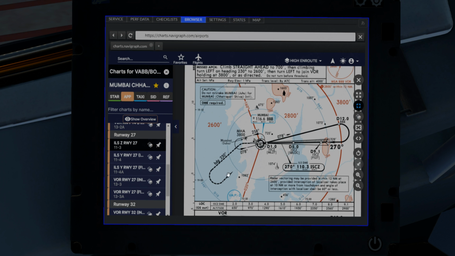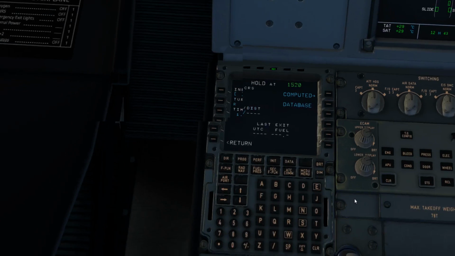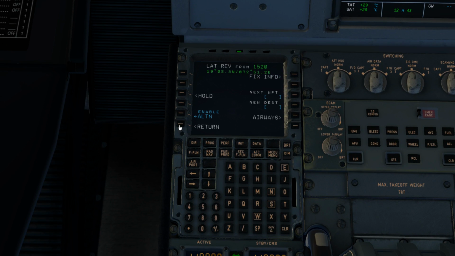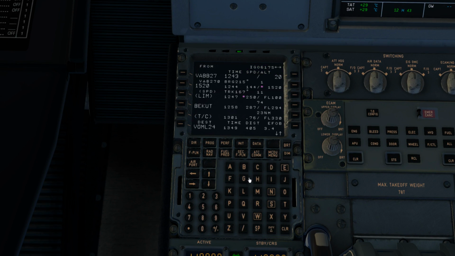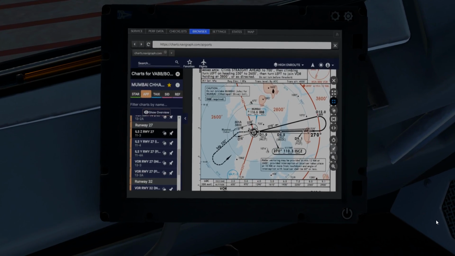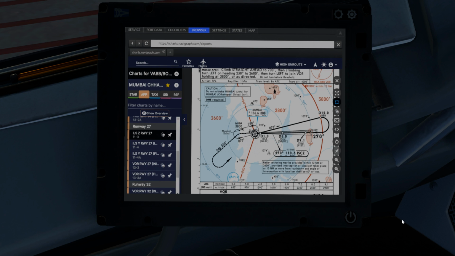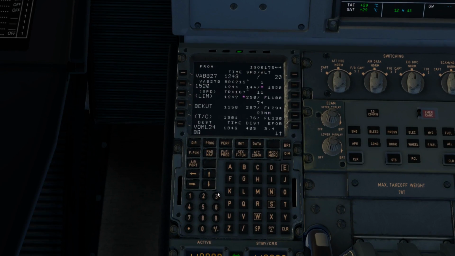We can hold that place. So better the secondary flight plan, you can check it out. Secondary flight plan, you can enter Bravo Bravo Bravo. I'm correct, I think so. Yep, we can enter Bravo Bravo Bravo,